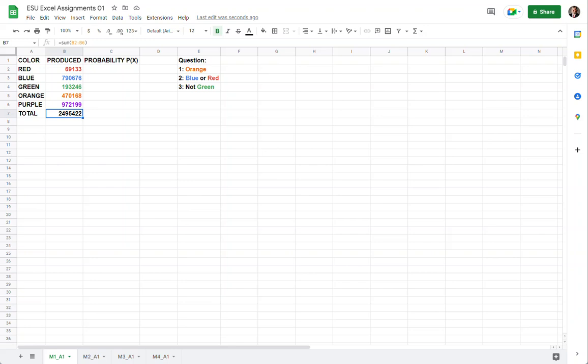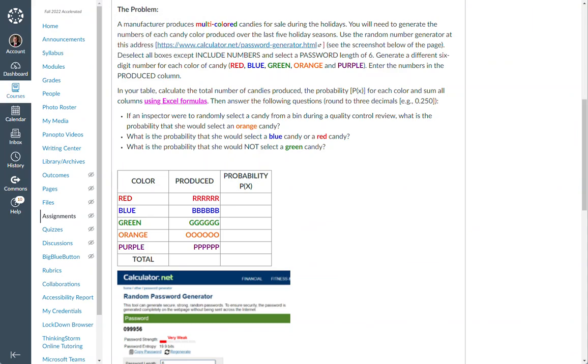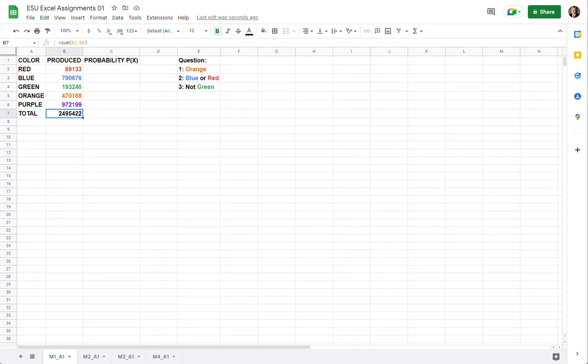Remember, the whole idea is we were to have a pool of multicolored candies that were being produced during a certain period of time. And so what we've calculated out is the pool of different colored candies there. And in probability, what's the probability that you pull a red? Well, that is